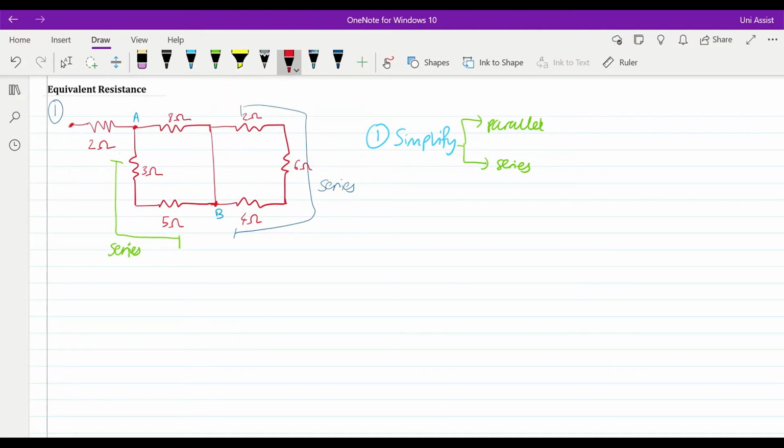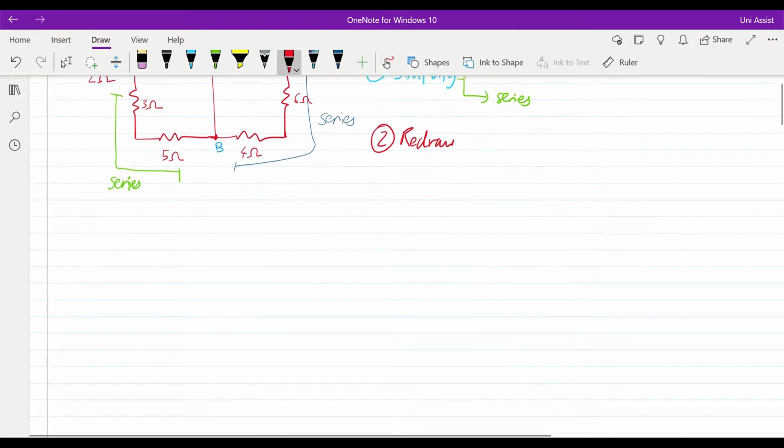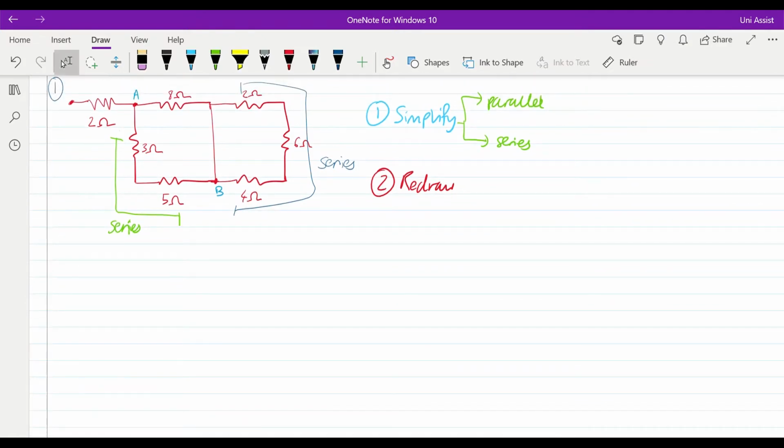So one thing that I really stress is that you shouldn't be afraid to redraw your circuit. So let me just add that here. So don't be afraid to redraw. You can redraw as much as you like, you'll never be penalized, and really it's just going to help you understand the circuit a little bit better. So let's redraw now. So we'll keep the 2 ohm, and then keep the 8 ohm,